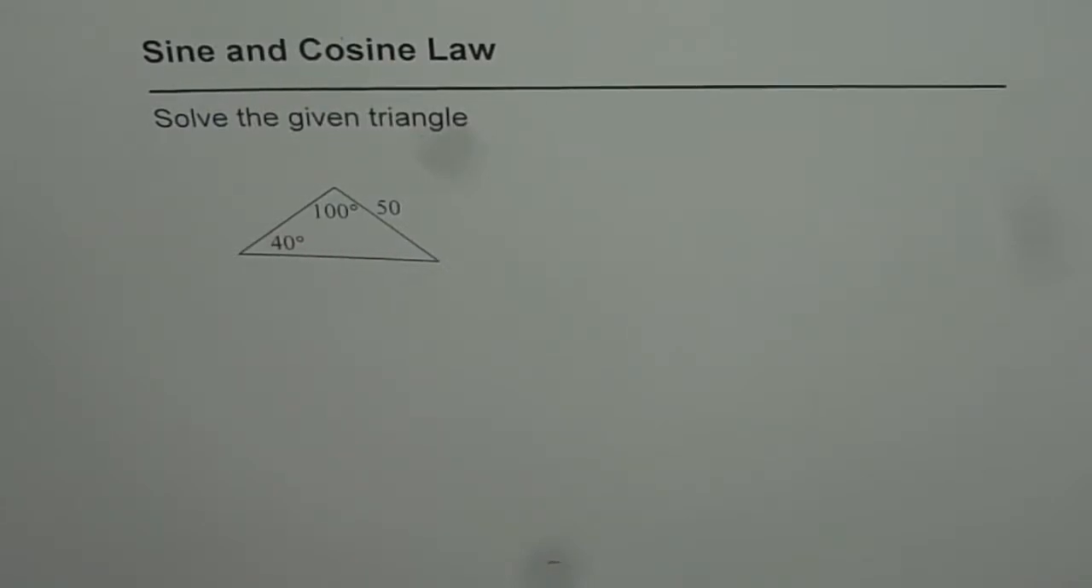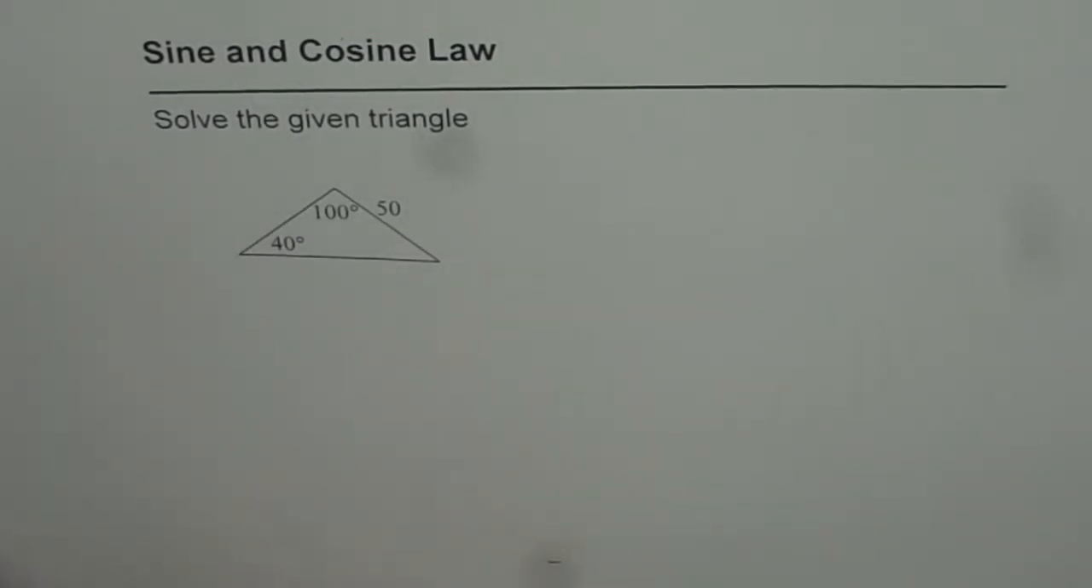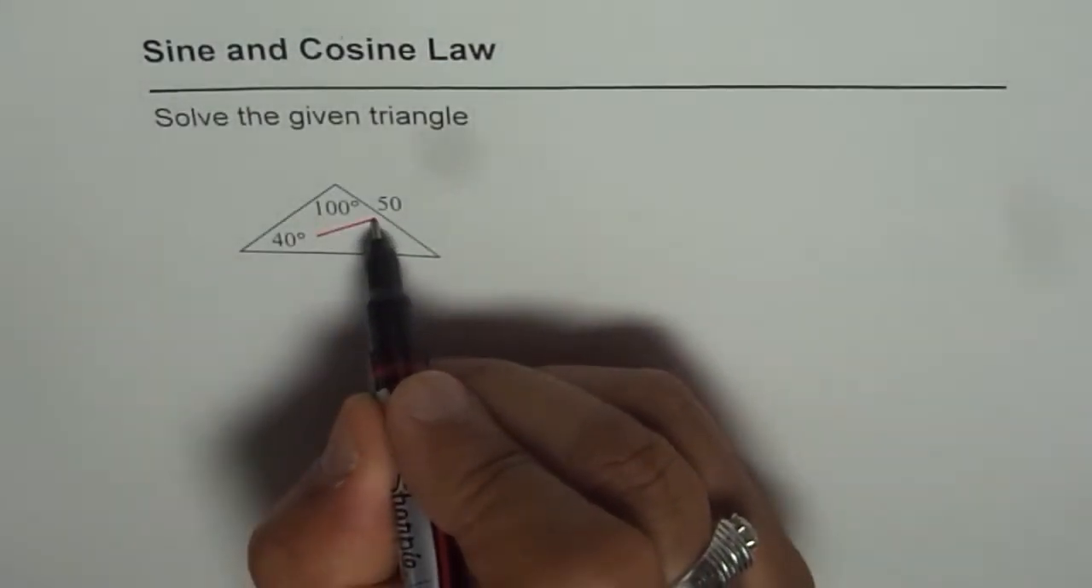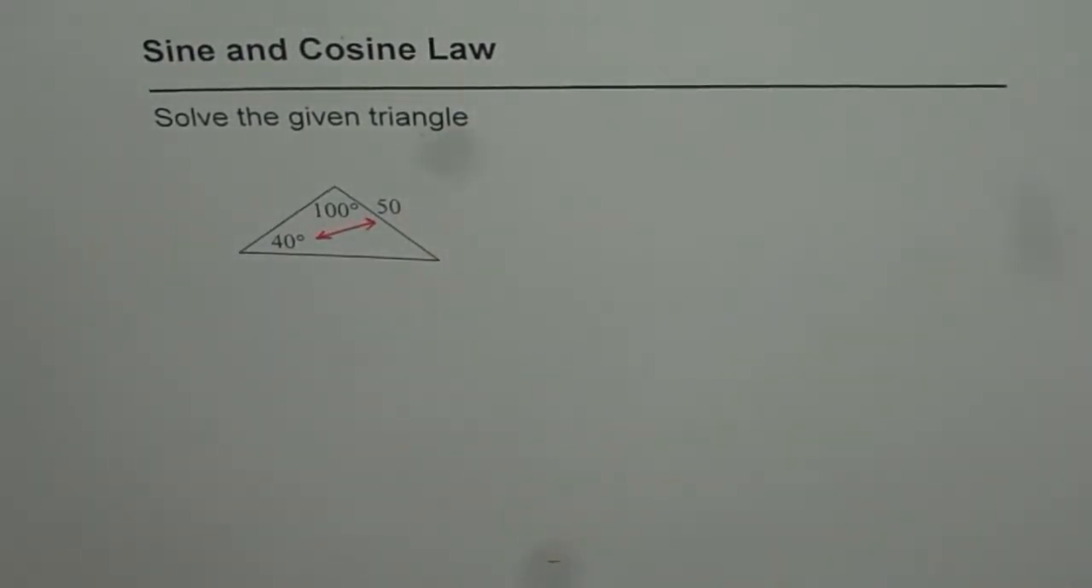So let us practice how to apply sine and cosine law. We need to solve the given triangle, and in this triangle we are given two angles and a side. Now since we know one set of angle and opposite side, we should use sine law, correct? So let us use sine law, and with the help of sine law we will find one of the sides,